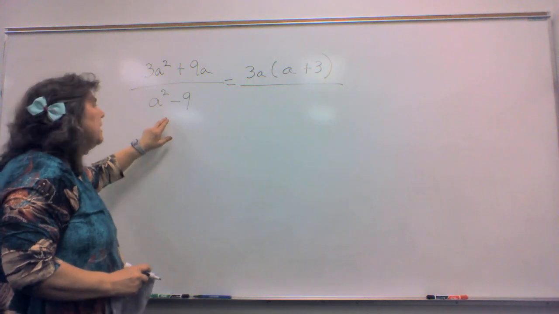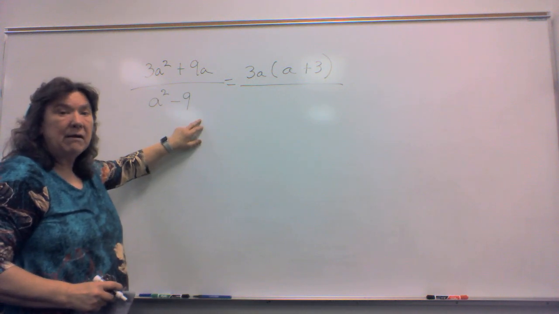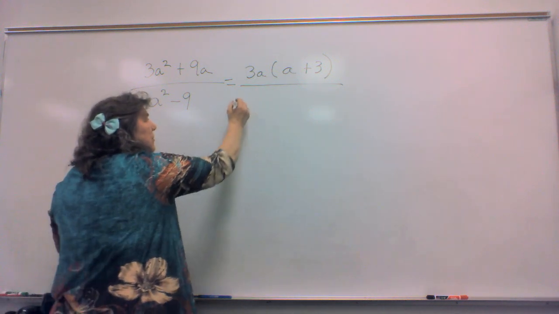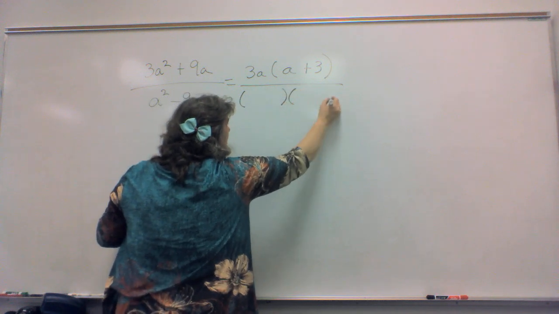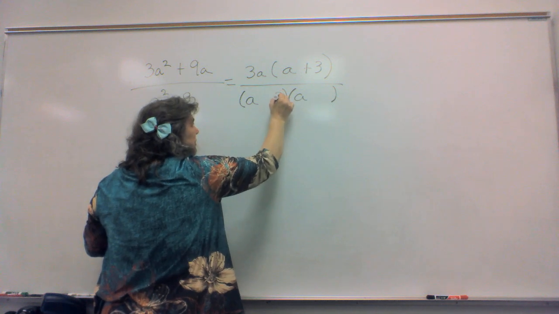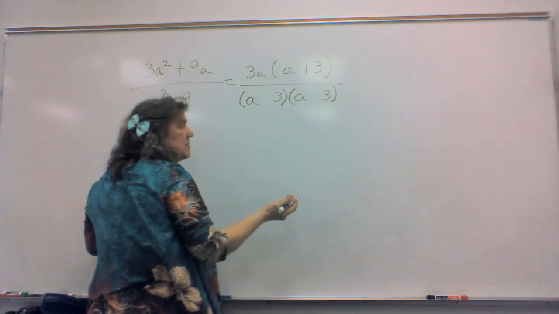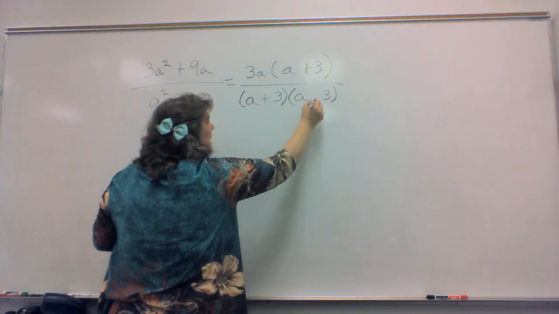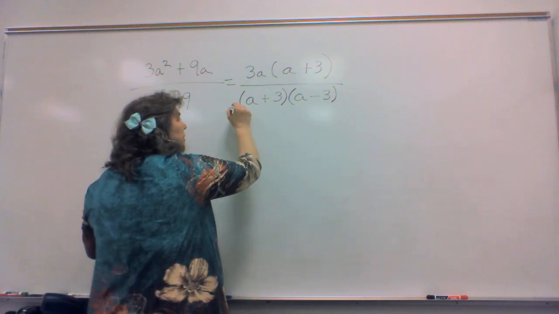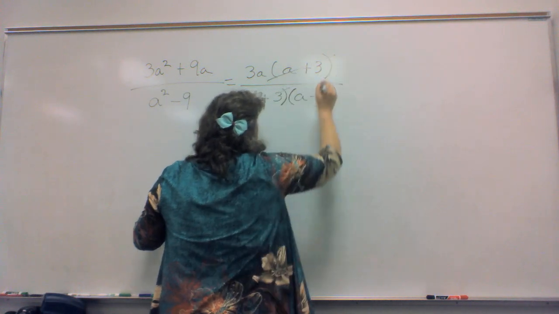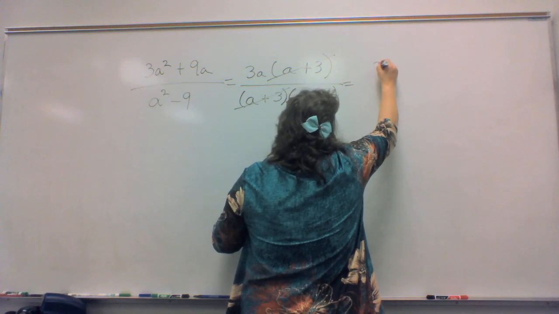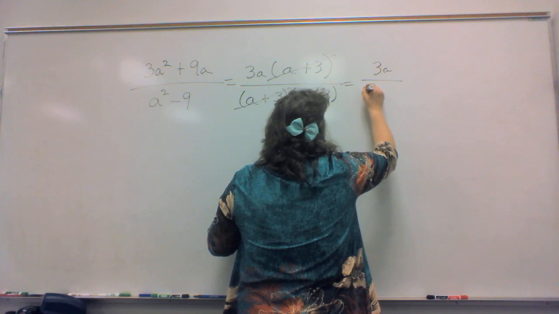Our second one here, a squared minus 9, this one happens to be a difference of squares. So remember, in your difference of squares, you have 2 binomials, a times a, and then the square root of 9 is 3, and so 3 times 3 is 9. You have a plus and a minus. Now notice, we have a common factor, a plus 3. A plus 3 divided by itself is 1,